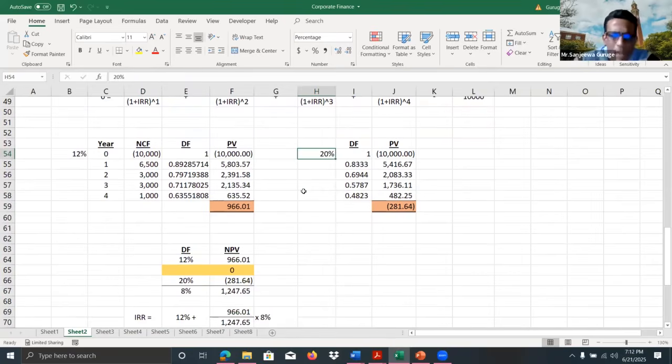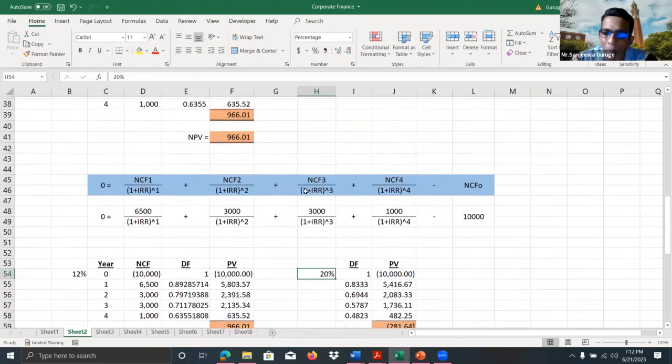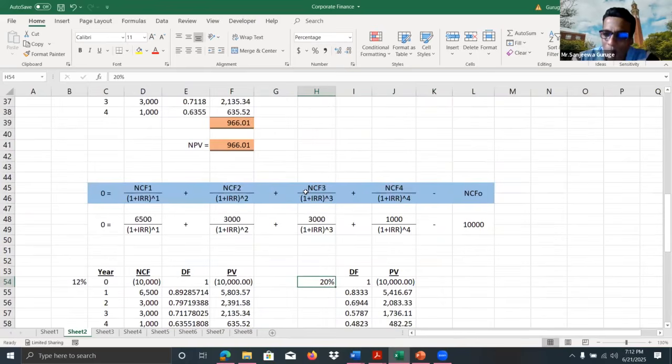And especially we can use any two rates and calculate IRR. But here, the relationship between NPV and the cost of capital is linear or non-linear? The relationship between cost of capital and the net present value is linear or non-linear? Right? There are a couple of answers. Linear. Is it linear? If it is linear, any two rates will be all right, right? But it's not linear. It is non-linear.